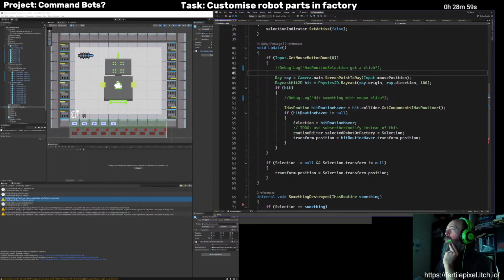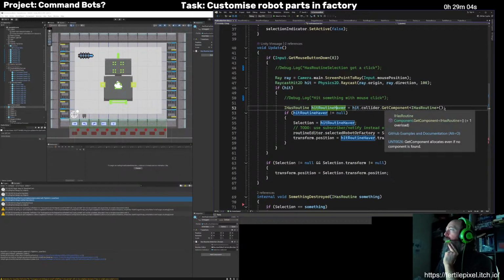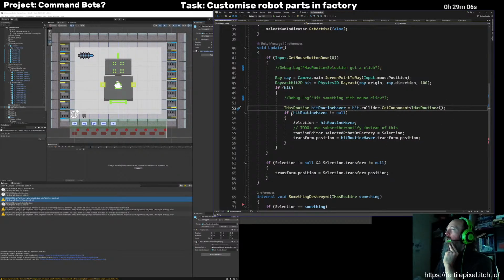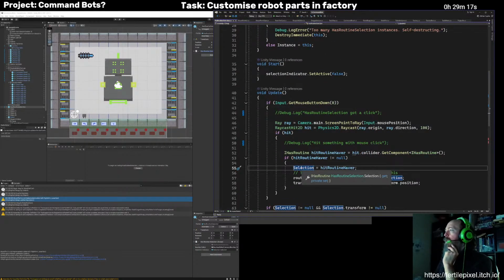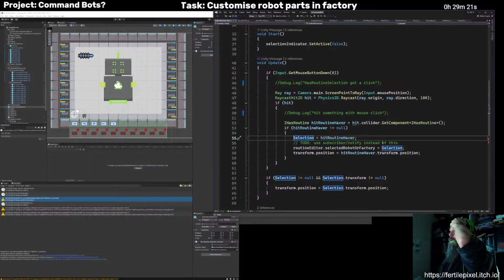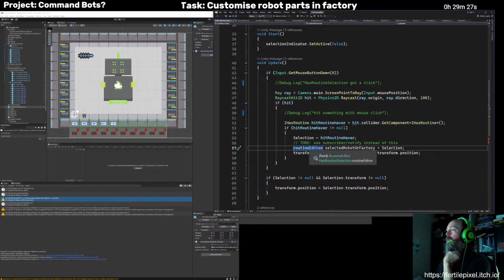But otherwise, if you click on something and it hit the right type of thing, and there was one of those there, then we update that selection property on this. And yeah, that's what I was talking about, subscribe and notify, because this is now manually hard-coded to notify the routine editor that we selected Robot Factory.